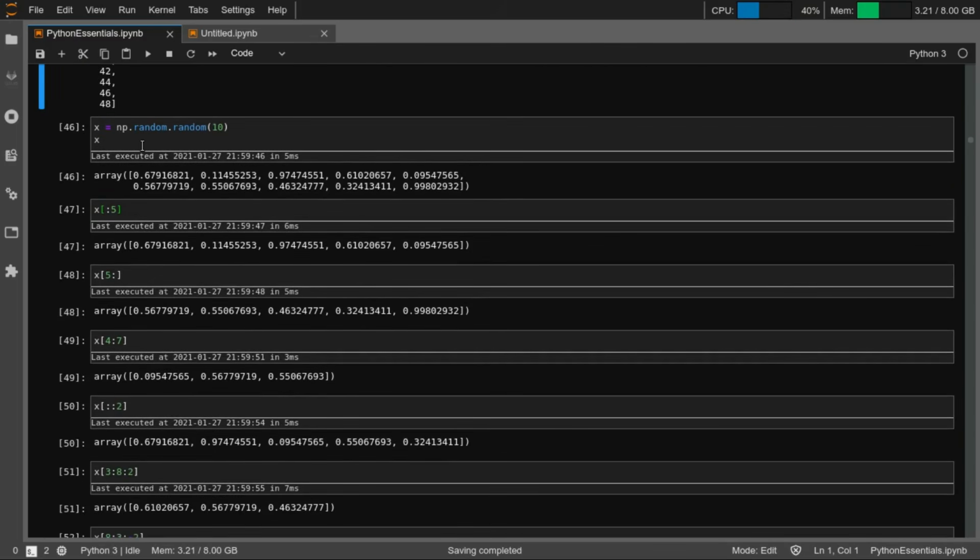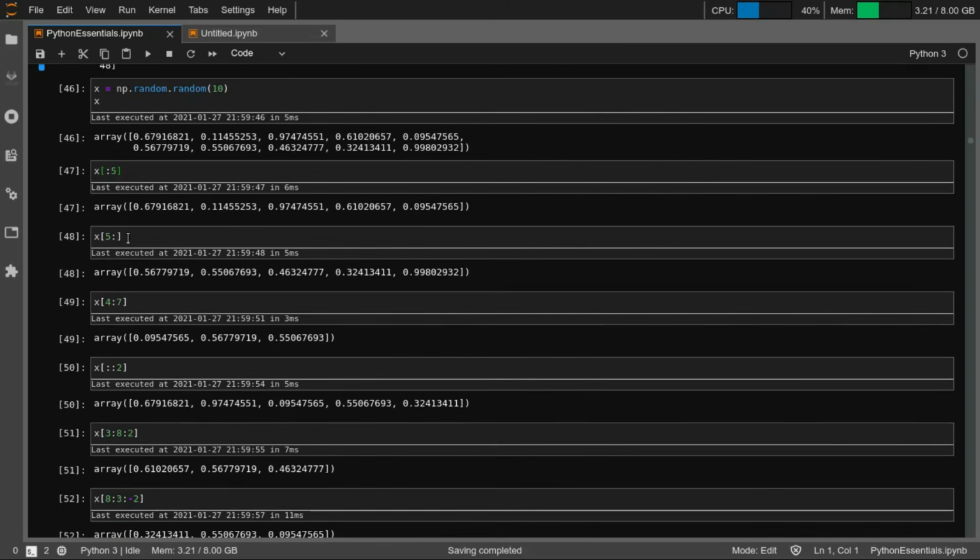Here we are defining a simple unidimensional array with 10 elements, right? So when we say x[:5], what we are saying is select till the 5th element, right? One thing that we need to be careful about is the indexing. In NumPy arrays, as we already saw with lists, indexing starts from 0: 0, 1, 2, 3, 4, 5, 6, 7, 8, 9, right?